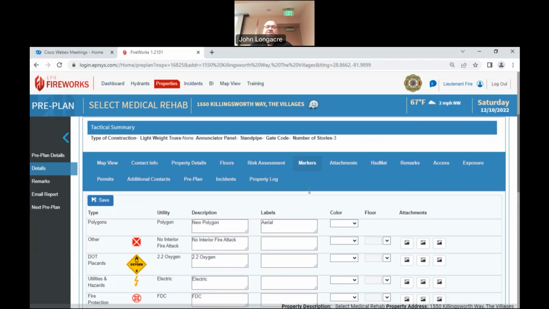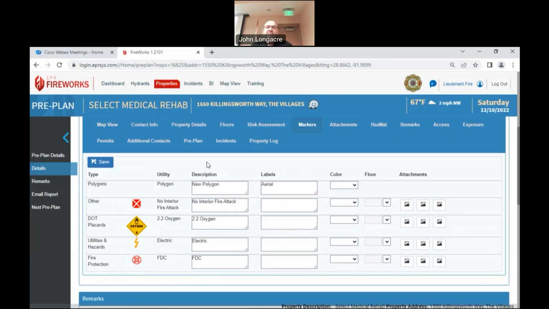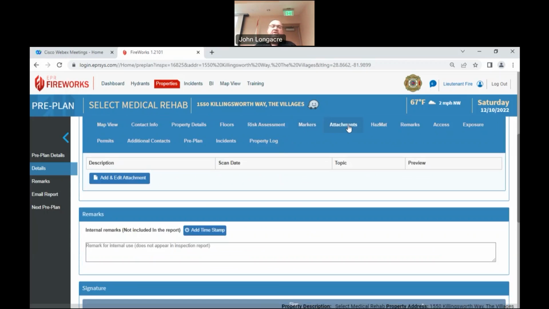Next to that is the markers. You notice these are the markers that we just put on the map. It shows that they're there. And then here are attachments. So if you have any